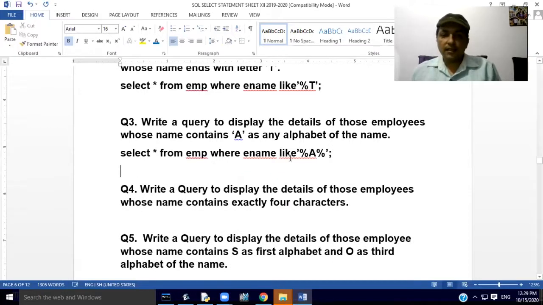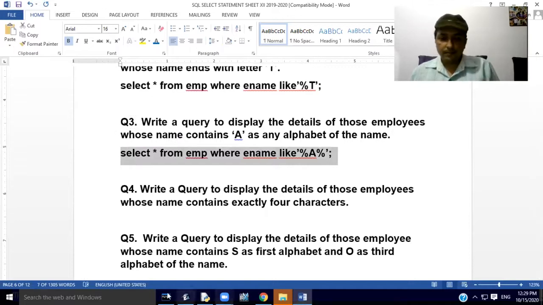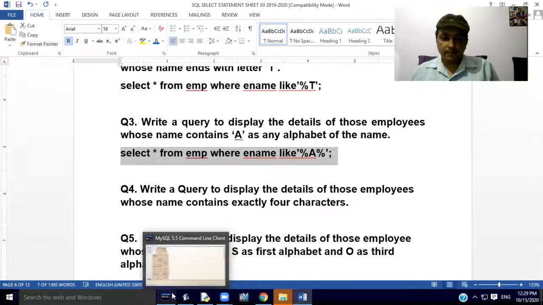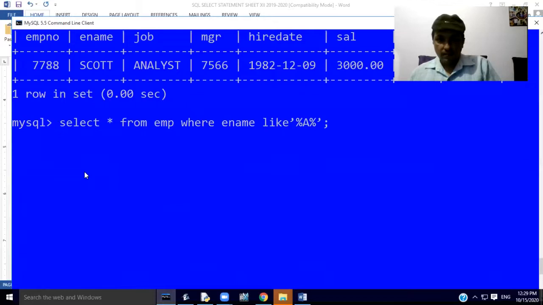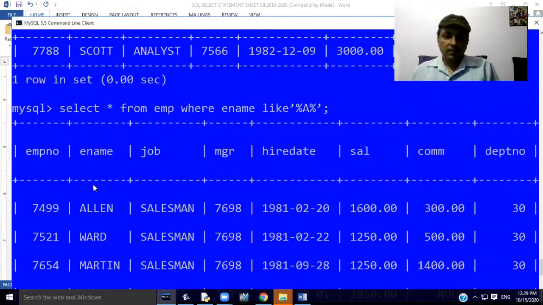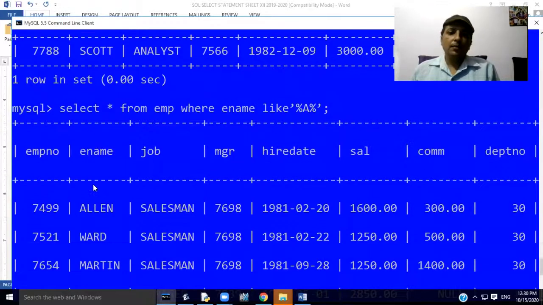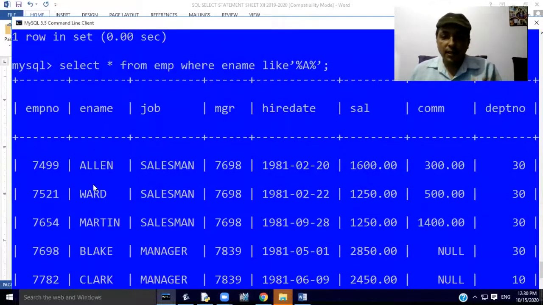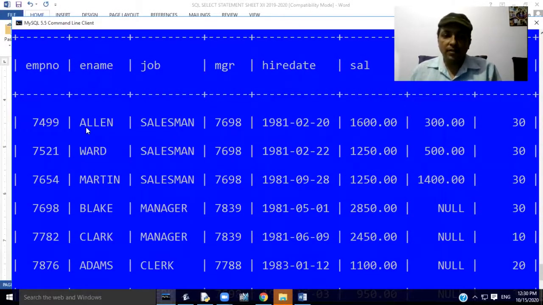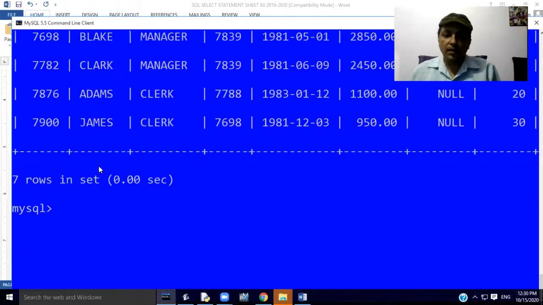This query will display the details of those employees whose name contains capital A as any alphabet of the name. After executing this query, MySQL will display those details.